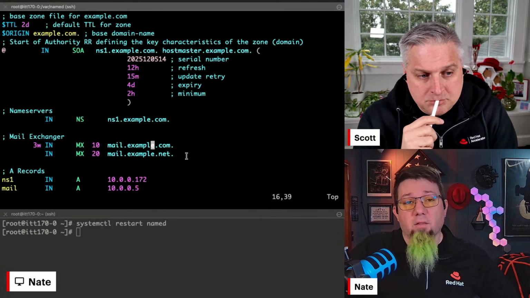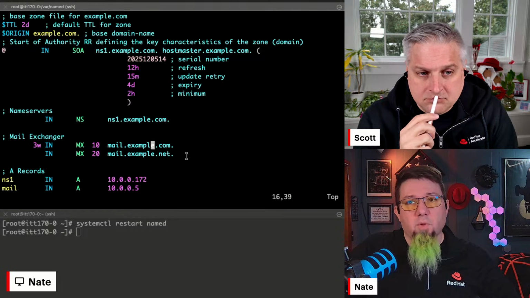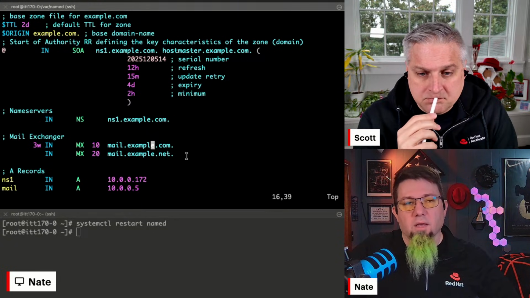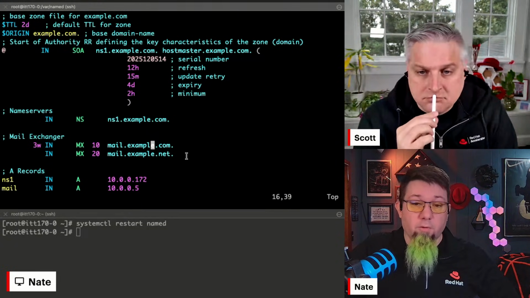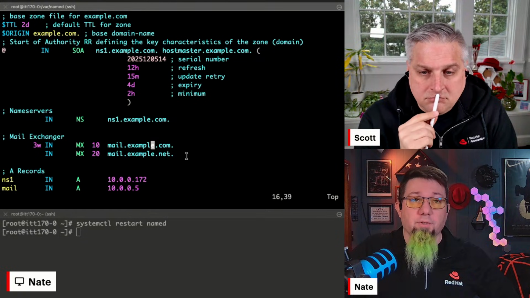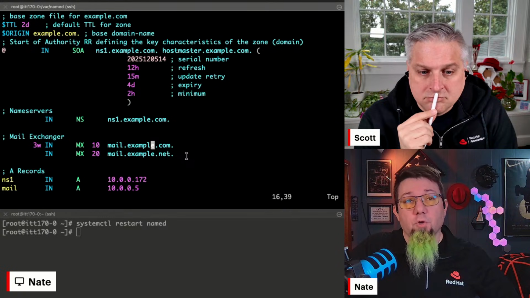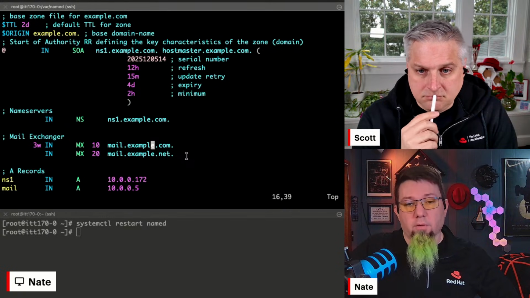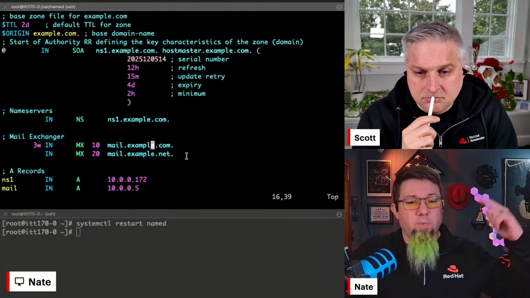What I used to see back in the early days when spam was so rampant, and I guess it still is today, but not everybody had a spam filter where they were filtering spam before it hit your incoming mail server. So what you would do is add another MX record with a lower priority that goes to your spam filter.